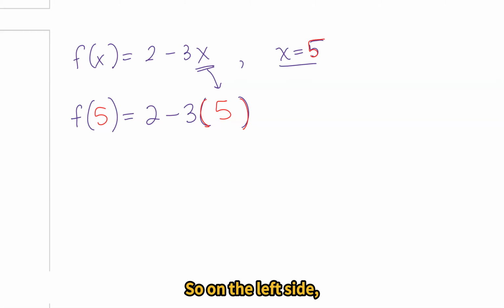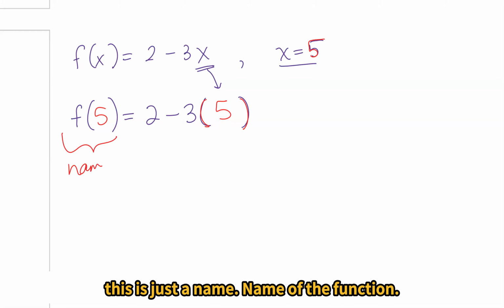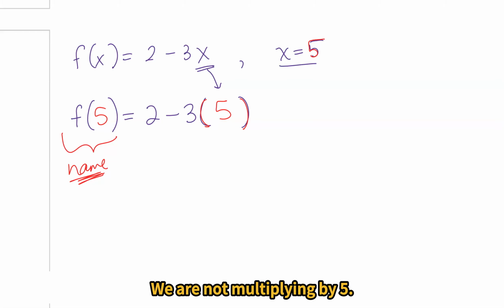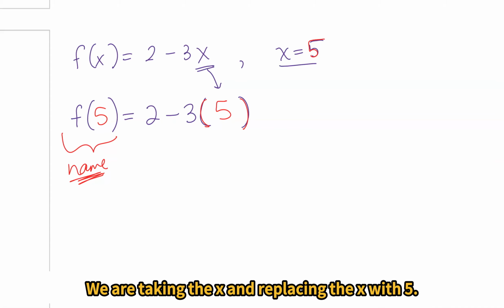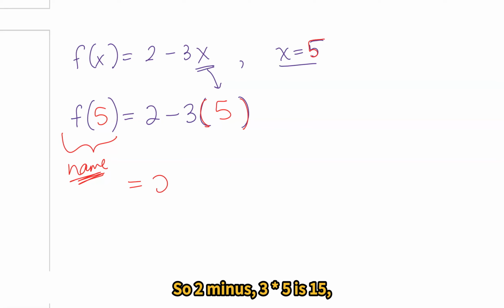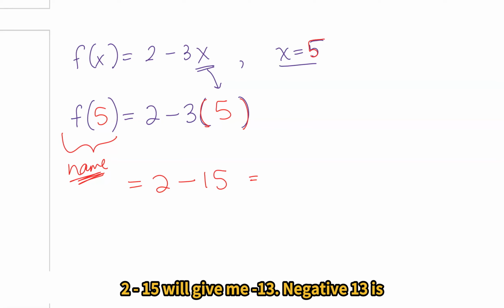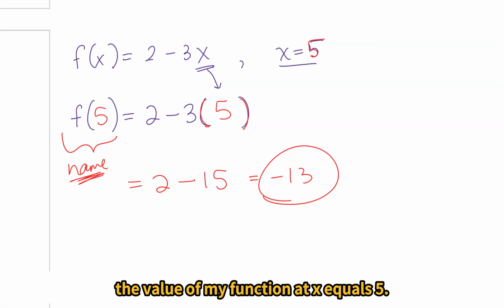So on the left side, this is just a name of the function. We are not multiplying by 5. We are taking the x and replacing the x with 5. So 2 minus 3 times 5 is 15. 2 minus 15 will get me negative 13. Negative 13 is the value of my function